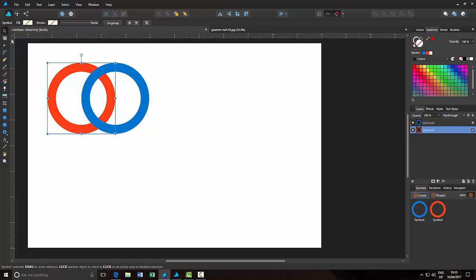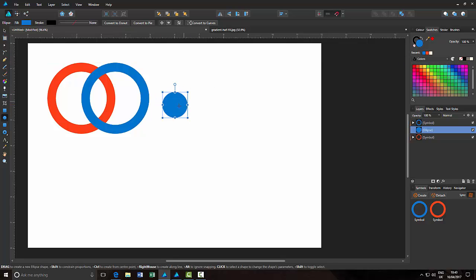So the next thing as part of the original video is to sort of cut out a section of the blue circle and put it behind the red circle so they look like they're interlocking. And this was done by drawing a circle. I'll just draw it down here, over here for ease of use. Just draw a quick circle,